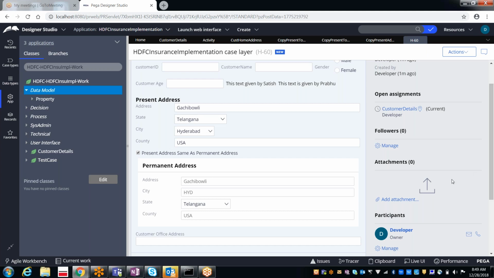Tracer. Exactly, tracer. The tracer shows step-by-step execution of all the rules which we are running. So start the tracer.